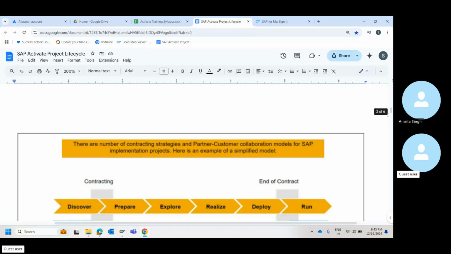Exactly. You're right. The output of your explore is when you understand the actual needs of your customer, you document it, and you get it signed off. This is your need. This is how I'm going to map it in the system. This is where SAP standard does not support, so I'm going to do customization, and this is your requirement for customization also.